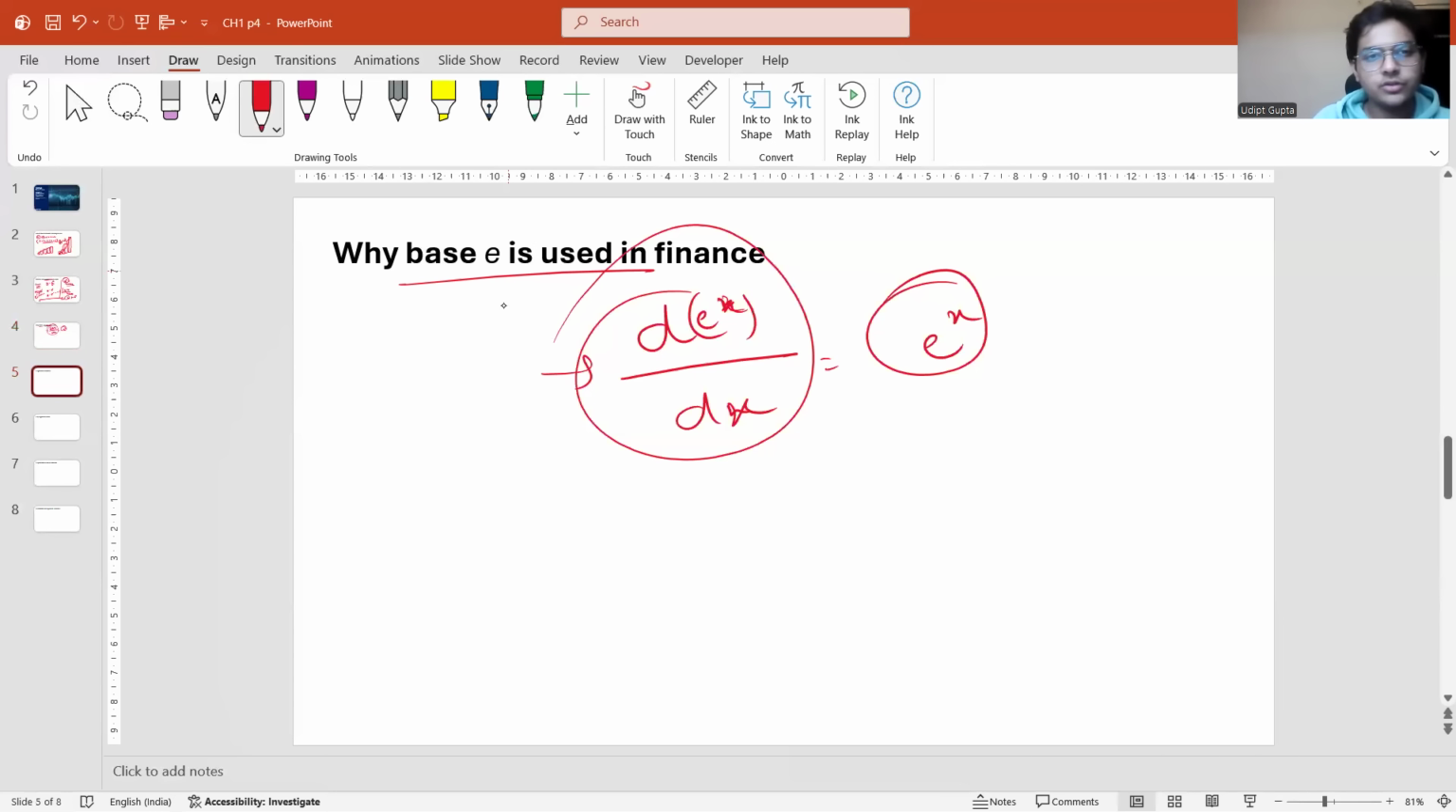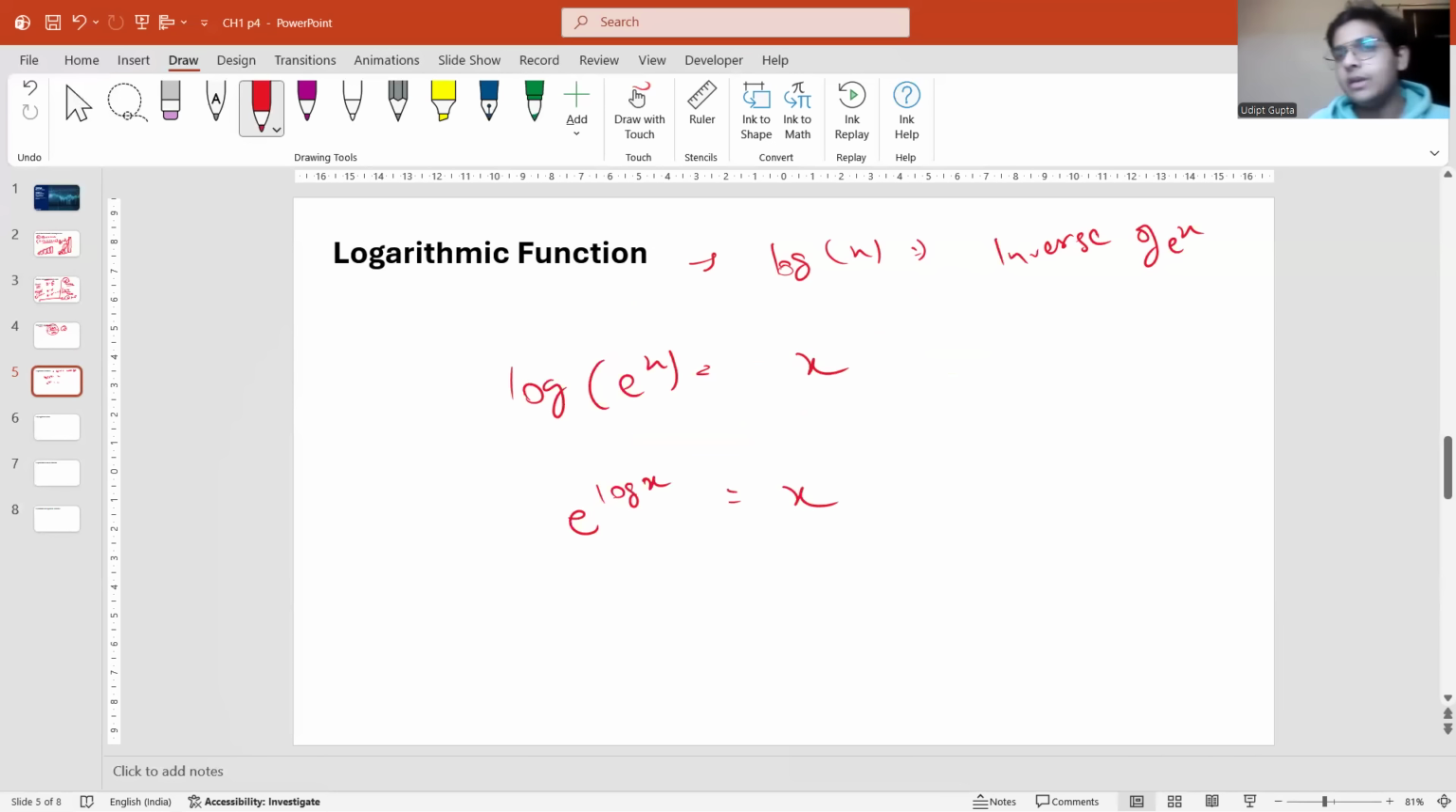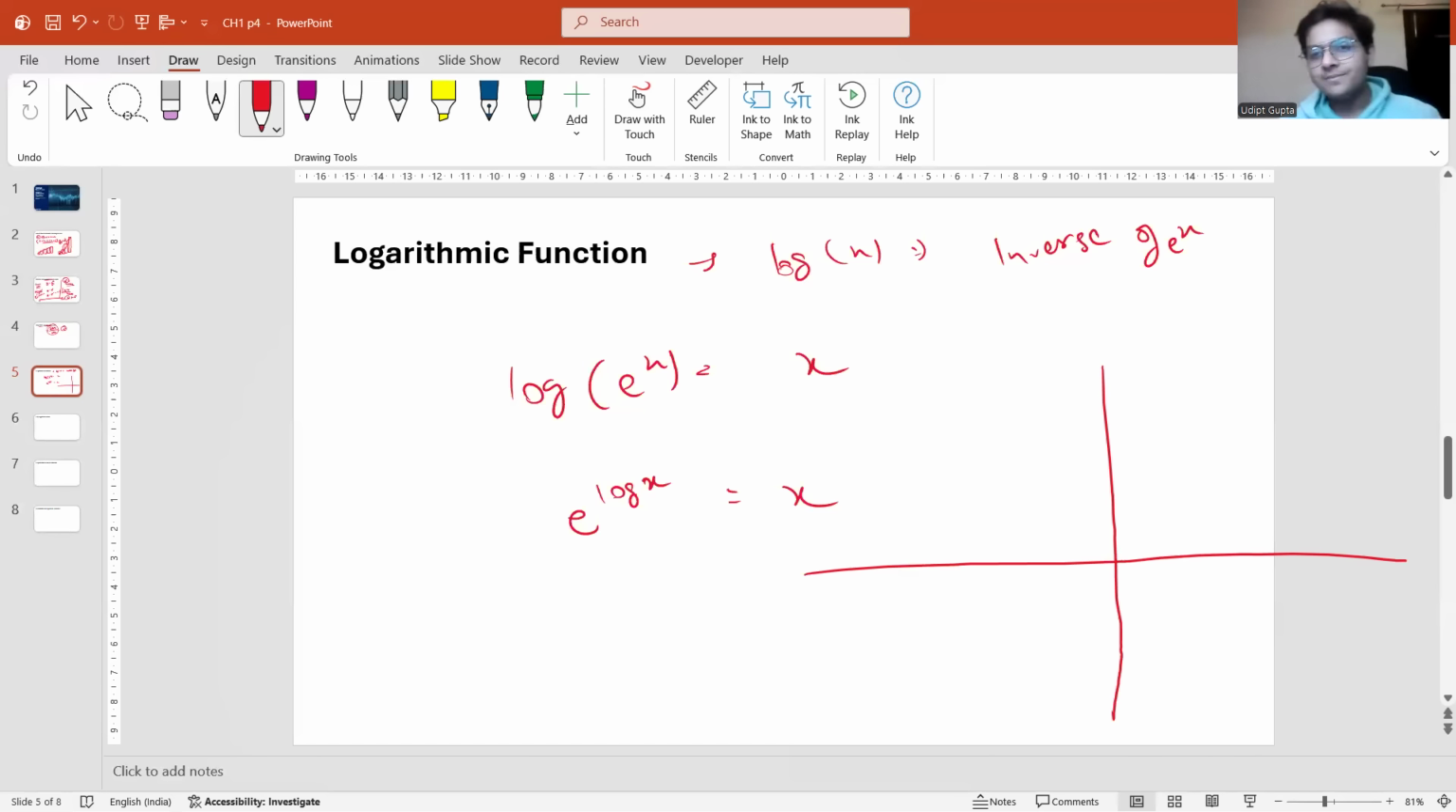Now let's go with the logarithm function. What is a logarithm function? A logarithm function is the inverse of the exponential function, the inverse of e^x. You want to see how? Put ln(e^x) and the answer will be x. Put e raised to the power ln x, and the answer will be x. If you plot a graph for e^x and ln x,